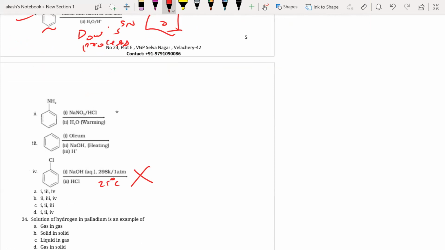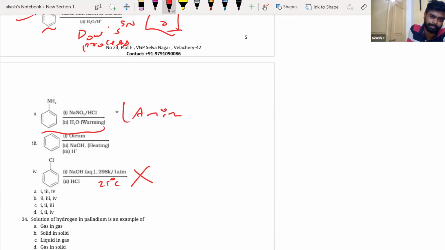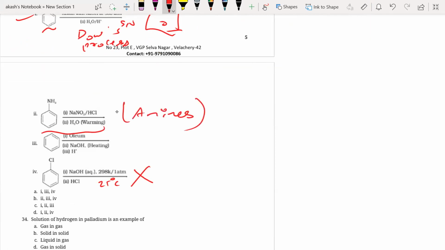Since the others have 4, then. But how can they even give this? This reaction will come in the Amines chapter. Sir, but it is there in that chapter, sir. The Alcohols and Phenols chapter is there? Yes, sir. Oh, great. Then that's fine.